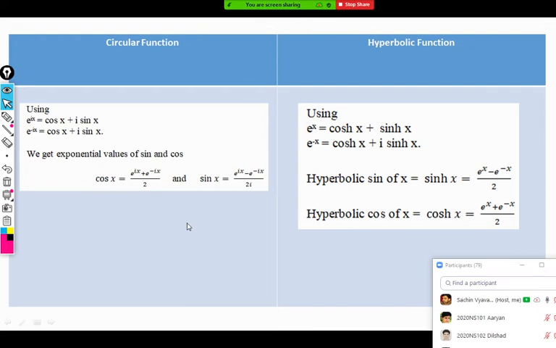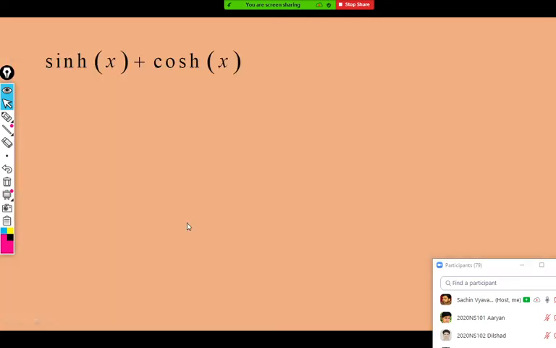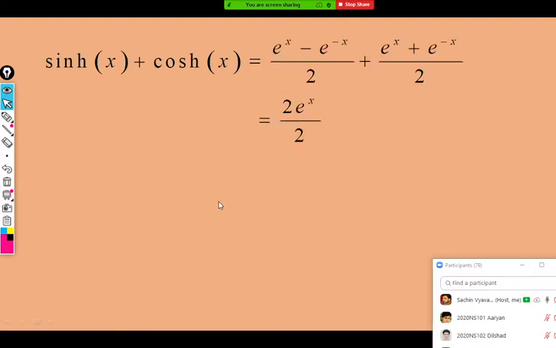Now let me come to the graph. Before that, the proof of that identity, e raised to x is cos hx plus sin hx. This proof will not come in the exam. The slides which have the orange color as a background are just for your knowledge and will not come in the exam. So this is the proof. The proof is very trivial. We just replace the Euler's definition of sin hx and cos hx, and simplifying we get e raised to x as cos hx plus sin hx. Similarly, e raised to minus x is cos hx minus sin hx. You can prove it.